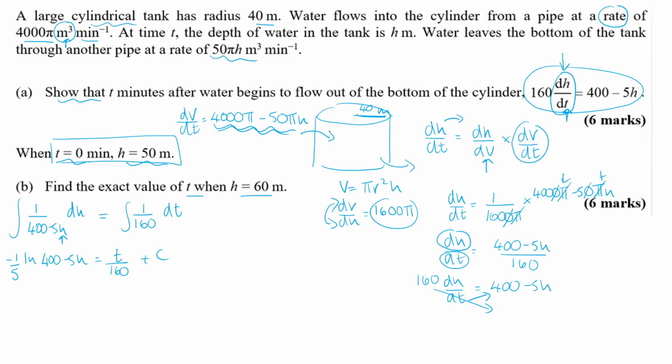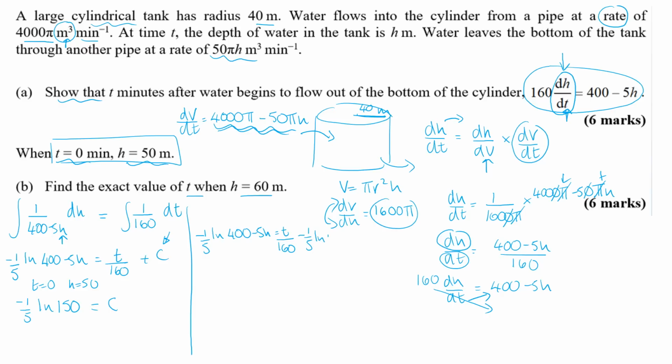Now we're given some information. That's always going to help us to find the constant here, which we've got as c. So when t is equal to 0, h is equal to 50. So let's put that in. Minus 1/5 the ln. When h is 50, 5 times 50, 250, 400 minus 250 is 150. When t is 0, we're just going to get that that is equal to c. So our equation is minus 1/5 the ln of 400 minus 5h is equal to t over 160 minus 1/5